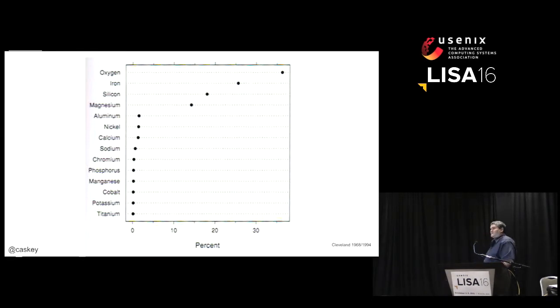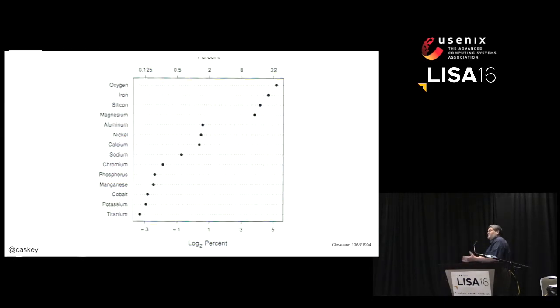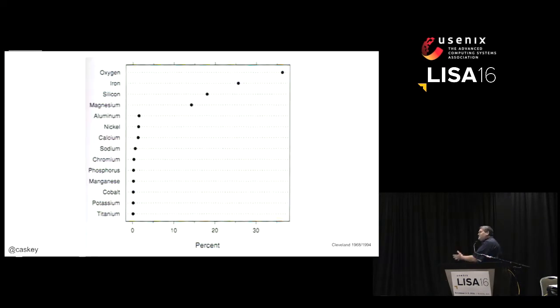So that's where our good friend the log scale comes in. We're all friends with log scales. Anybody who's doing large systems should be using log scales for their long tails and whatnot. And it turns out that chromium versus potassium, look at that, there's twice as much chromium as potassium. All right, that's like a whole extra chromium for every potassium at no extra charge, all right? And that's not obvious here. I mean, when there's twice as much of something, all right, that's a really big deal. And that's completely hidden in this scale.